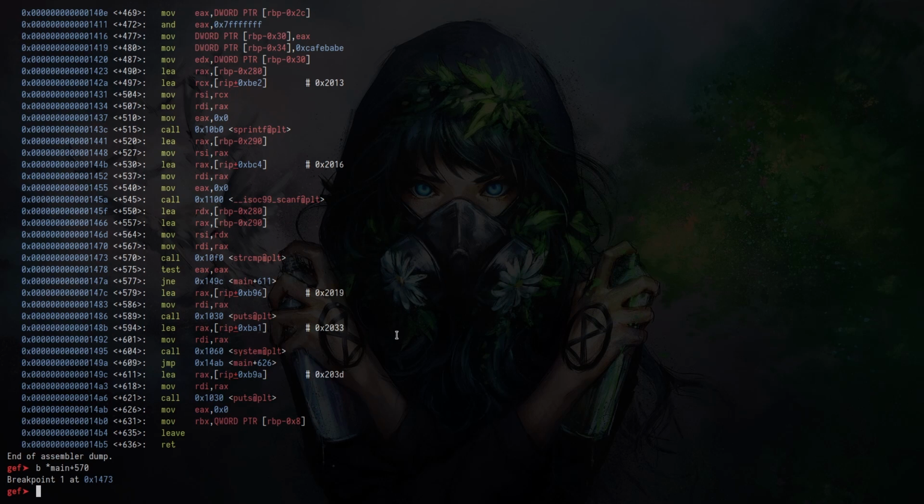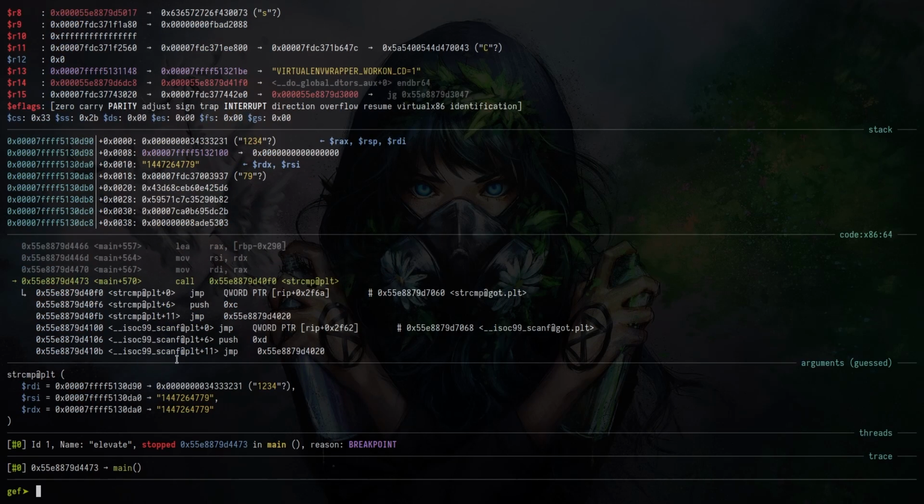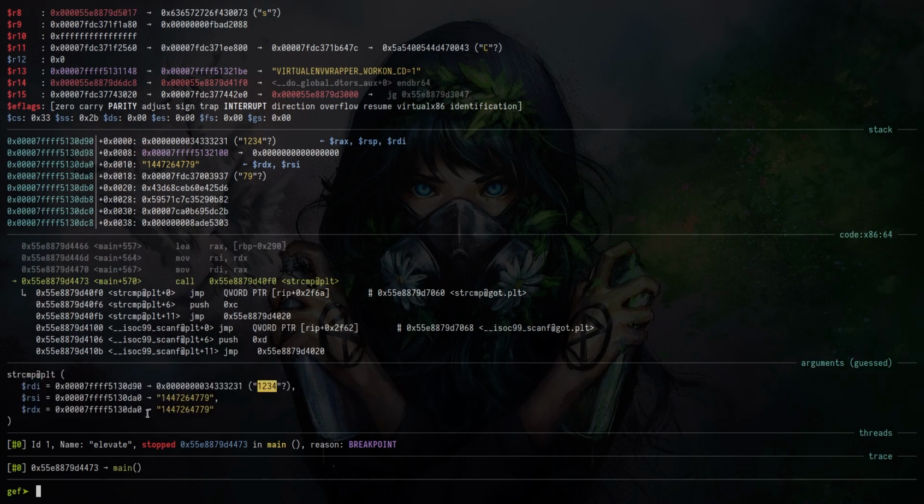And then the other thing we want to do is run it with an argument. And one way you can do this in GDB is by using this syntax. Just copy that here like this. And then we have to close it like this, exactly. And this will just be like the input it's expecting from standard in. So let's just put 1, 2, 3 here for now, run it. And now we are on the string compare, and we can see it's comparing 1, 2, 3 with a value